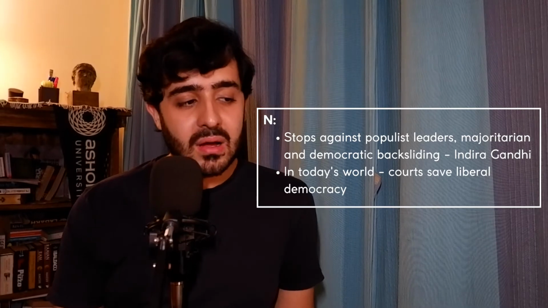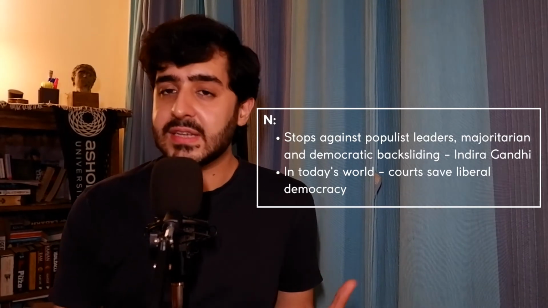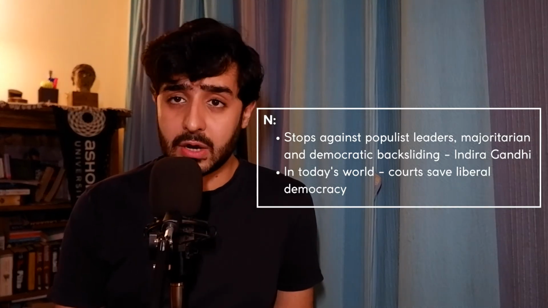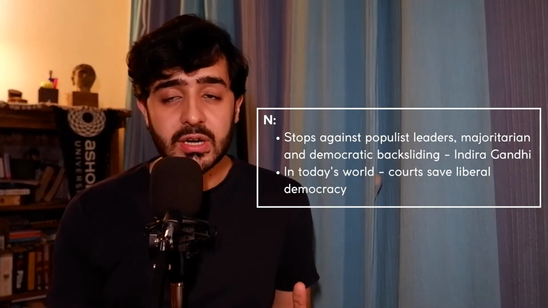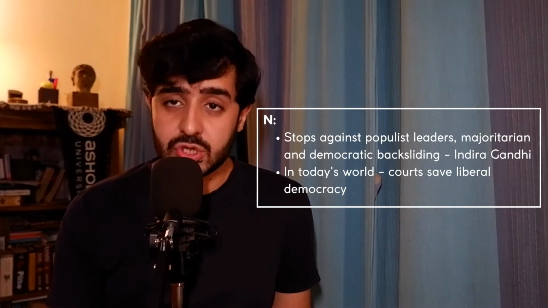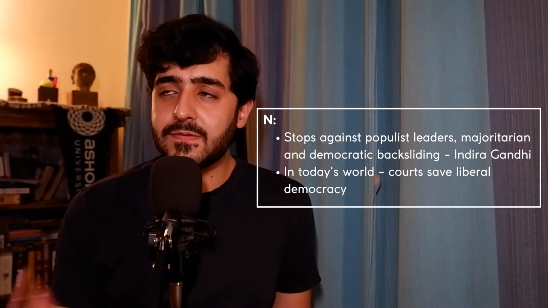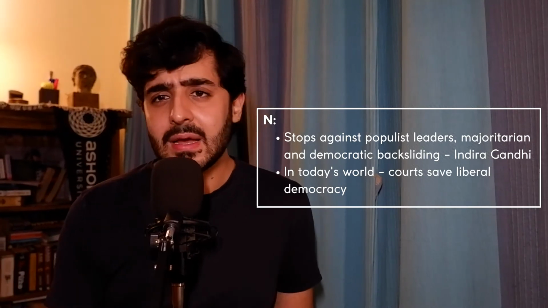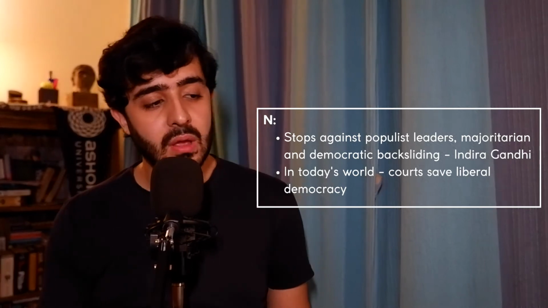You can take an example of someone like Indira Gandhi here in India, whose 42nd Amendment, which reinforced her claim over who the true electoral majority is in the country, was struck down by the courts, was struck down by the Allahabad High Court, and is one of the first ever examples actually of a court stopping something called democratic backsliding. You can read more about it. I will link it here somewhere.